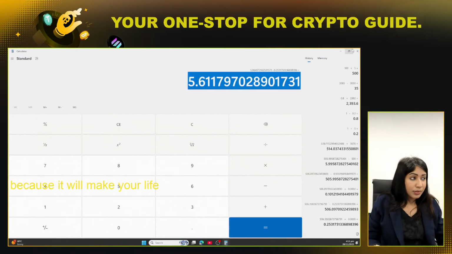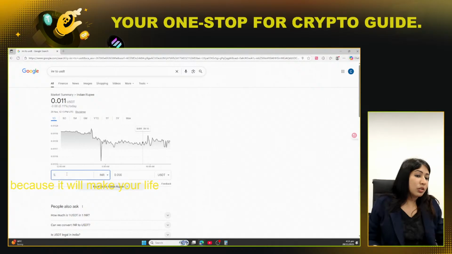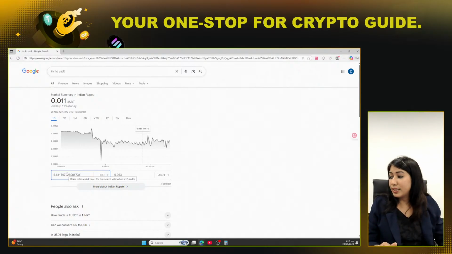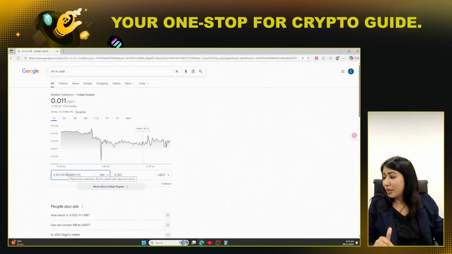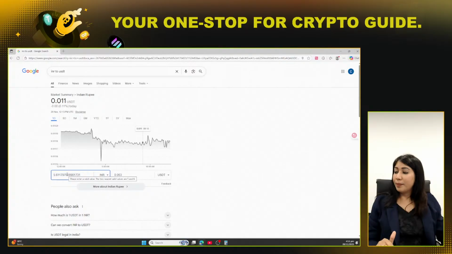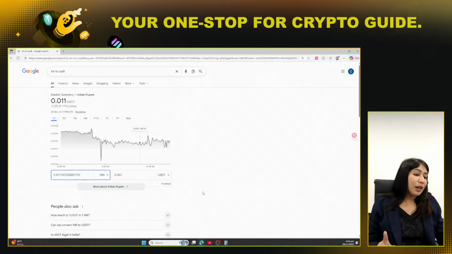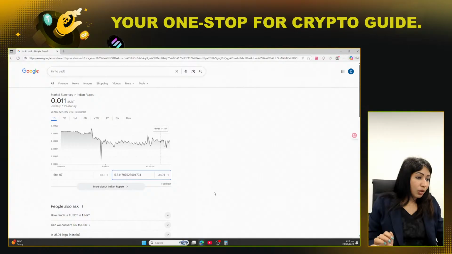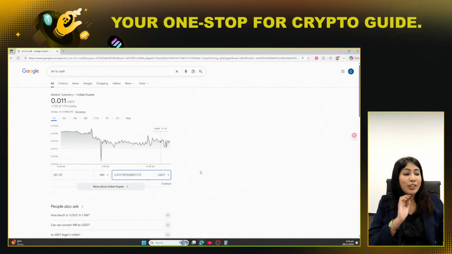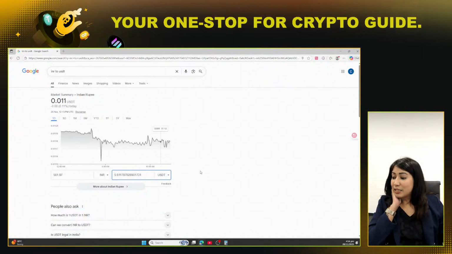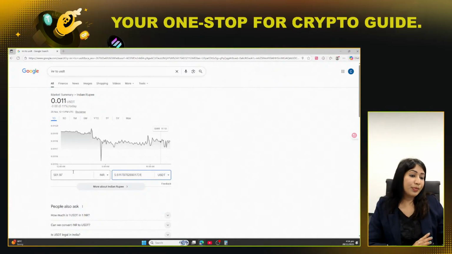Okay, so you will be taking this. Now guys, I am doing this in INR because my fiat currency is INR. Put it in your own currencies. If you are from Indonesia, guys, take your own currency IDR. If you are from Nigeria, Naira, like your own currency, whichever country you belong to. People from Malaysia, Nigeria, India, guys, put it in your own fiat and see. Now you are 5.6, sorry, not 5.6, I did it wrong, I should put this in USDT. Okay, so my 5.61179, which is my gross profit, that is basically giving me